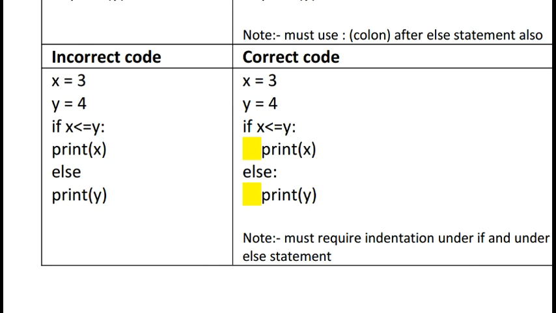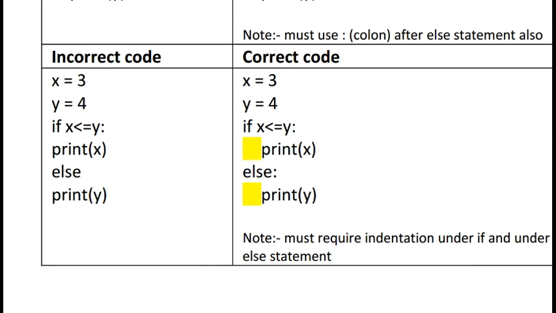Print x is the statement under the if part, and print y is the statement under the else part. This is the body of a compound statement. So print x and print y are part of the if and else parts, so they must be indented. We can use the tab key. The highlighted part is compulsory: at the start we must use the tab key. Here the gap is important, otherwise it will give an error.